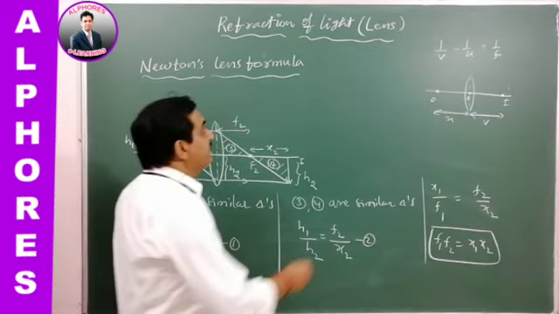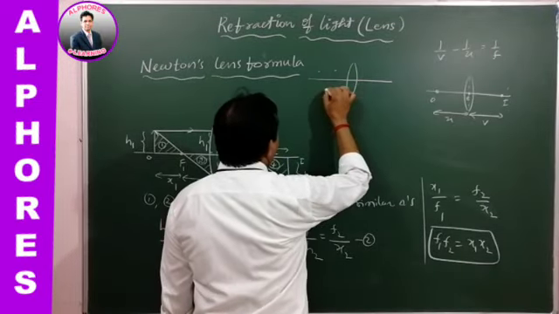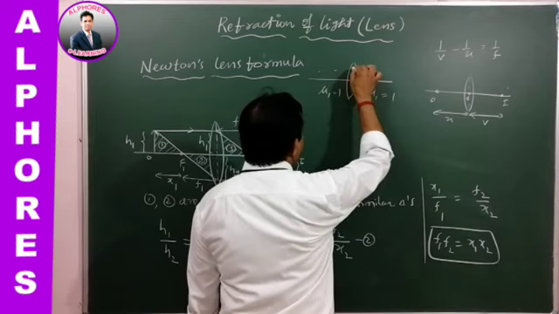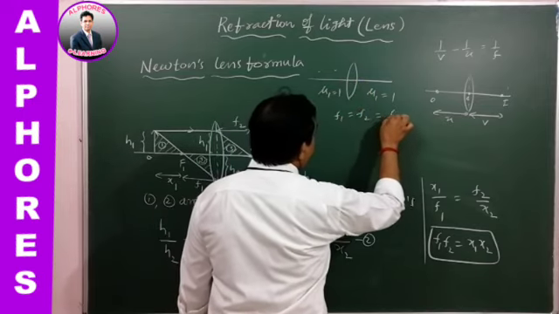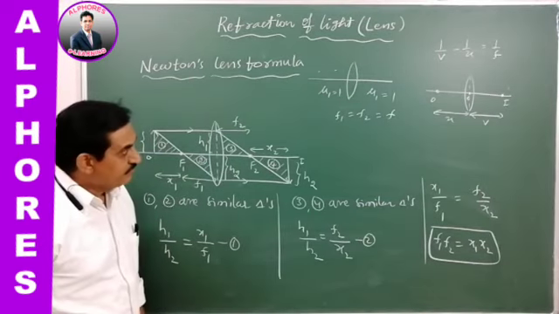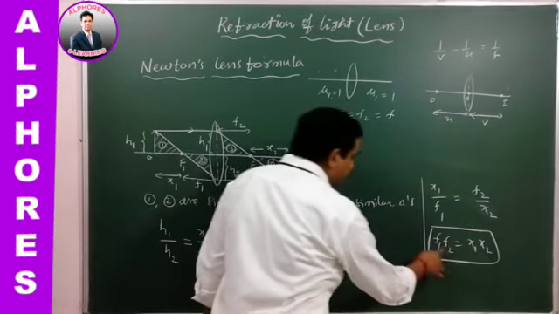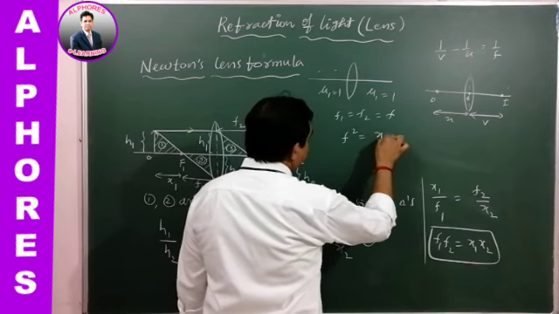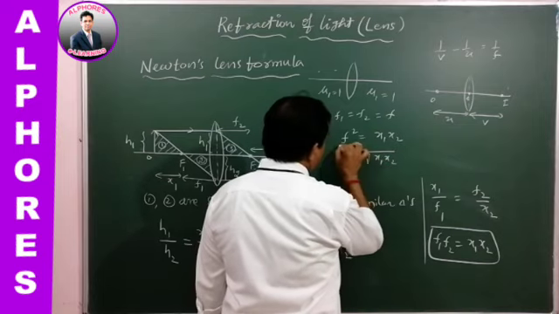Suppose the medium is the same on both sides of the lens, meaning the lens is kept in a homogeneous medium, say air medium, then in such a case f1 is equal to f2 is equal to f. So both the focus points will be equal, at equal distance from the optic center. Therefore f1 and f2 are both f, and substituting them, f square is equal to x1 x2, so f is equal to root over x1 x2.